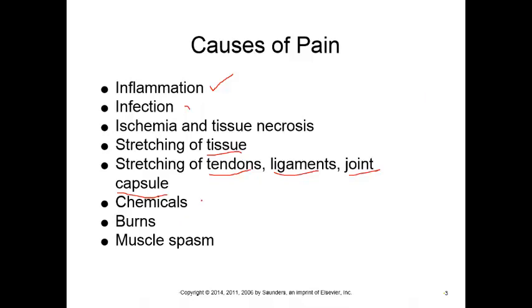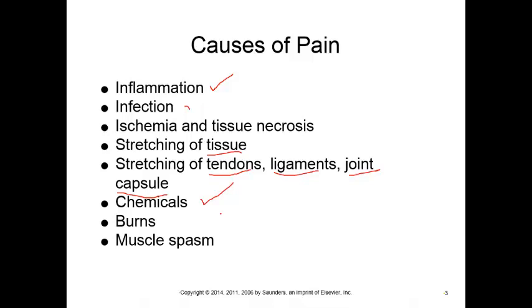Then we can have chemicals that are made in the body, and chemicals that are not made in the body. So if you spilled acid on your arm, that acid would burn the skin and it would cause pain. Somewhere else that we might want to talk about pain, which is a lot more common, is spicy food.